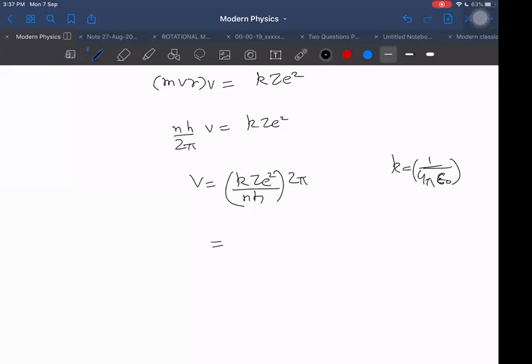We cannot change k, we cannot change e, k e square. In a hypothetical world, they can change. They can say, assume the electron charge is not e, it is 2e or 3e, then it is a different thing. But otherwise, if I don't assume a hypothetical world, then e will be the same. Planck's constant will be the same in our real world, not in a hypothetical world, obviously. Into 2 pi will be the same only.